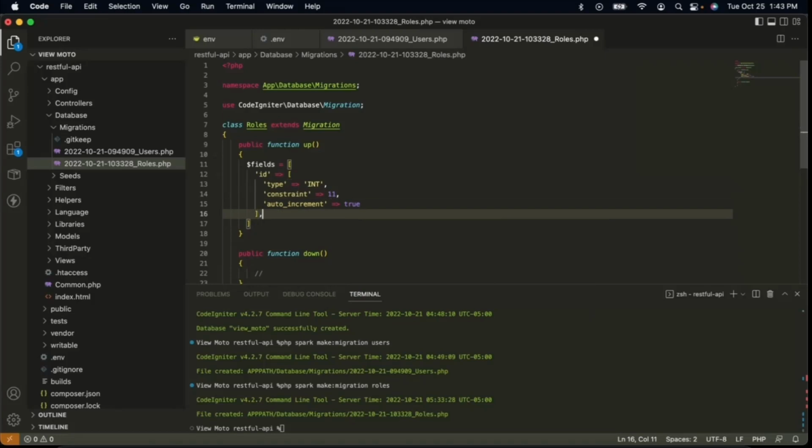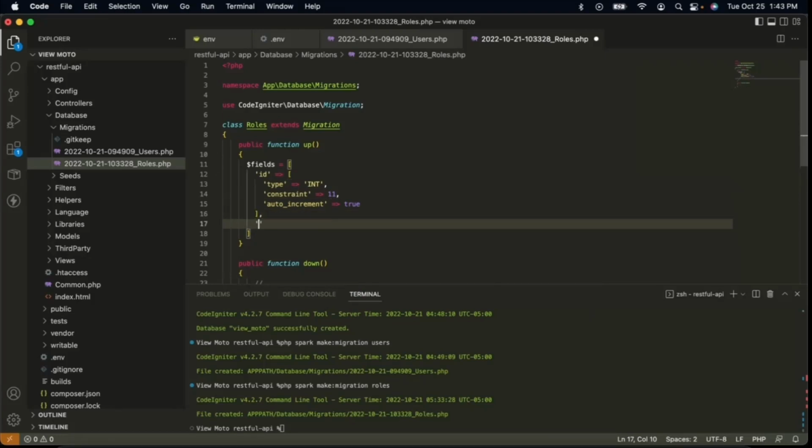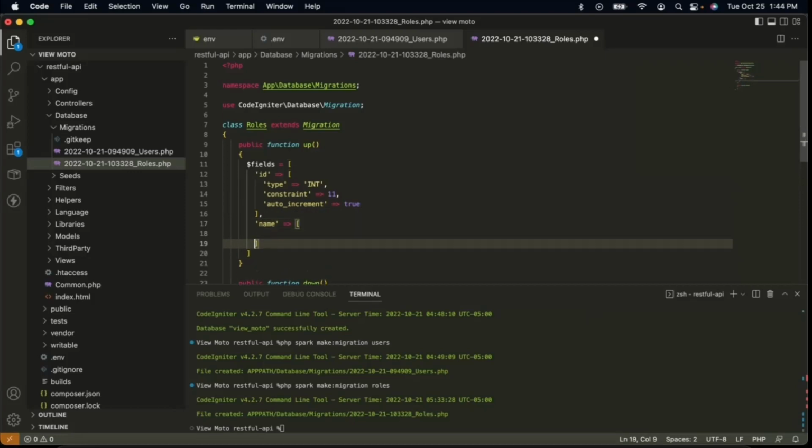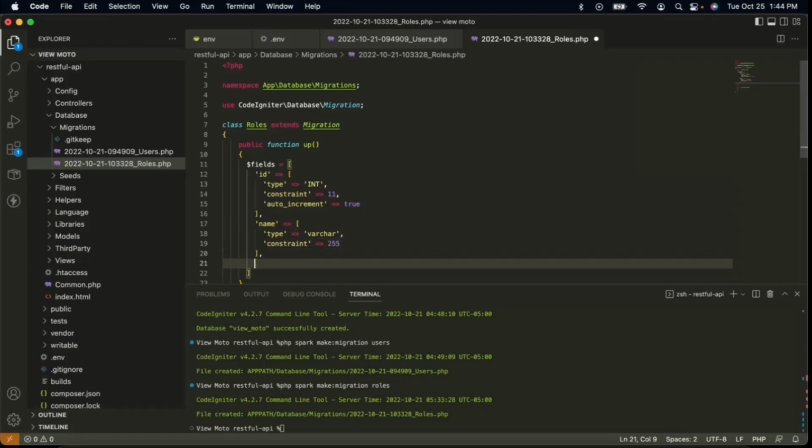And then the next one is the name, equal to an empty array, inside of it type, then varchar, it's varchar. So the constraint is 255, and then the next one is